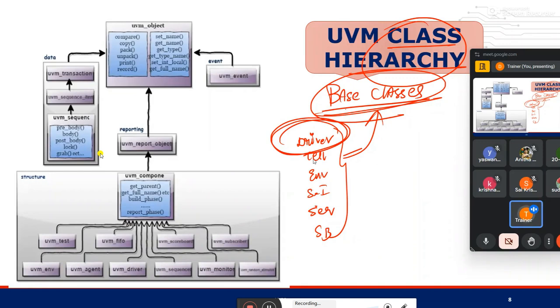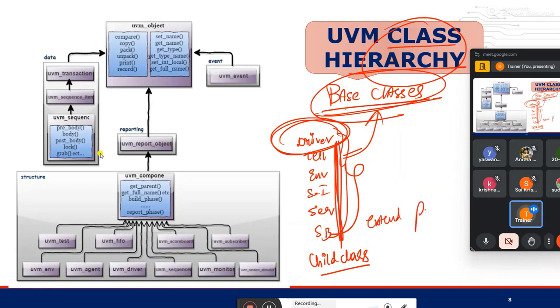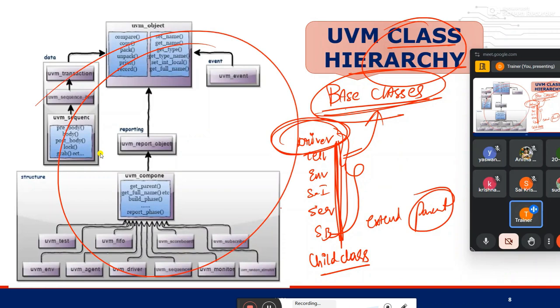What should I do now? I just have to make all these classes child classes. These child classes will extend from the parent class, and these are the parent classes. For example, if I take the driver, it will extend from here, you can see, one second, let me search. Here, UVM underscore driver. In the UVM driver, the major logic of the driver is already present.